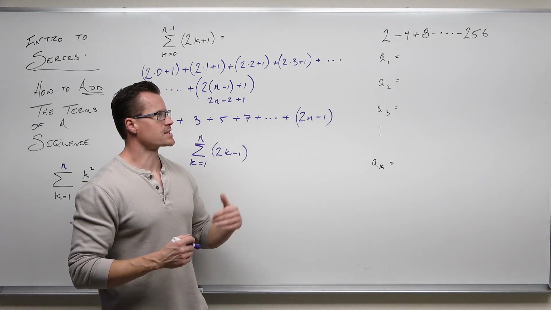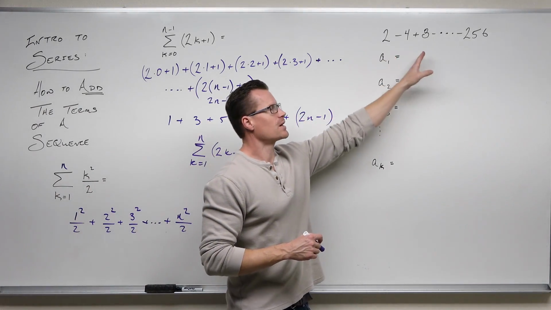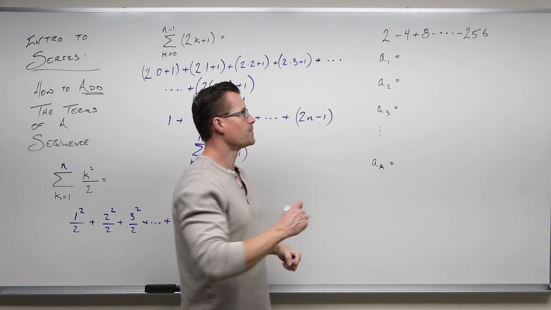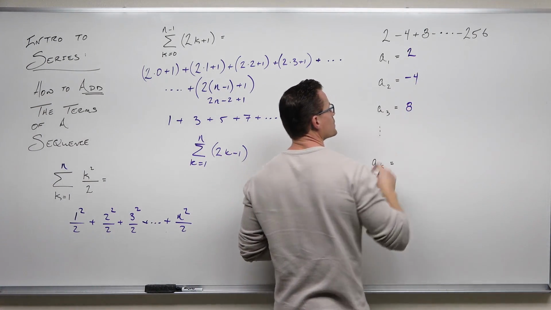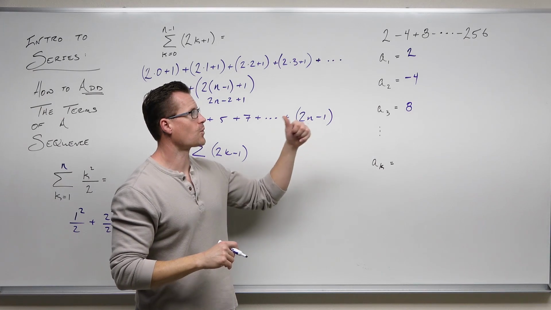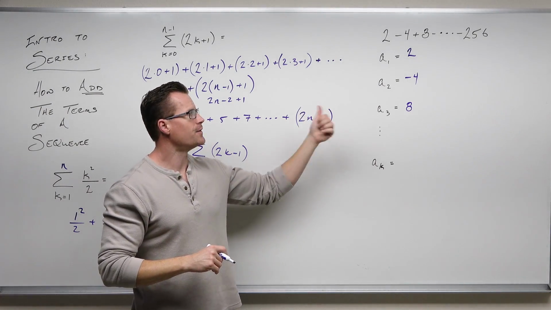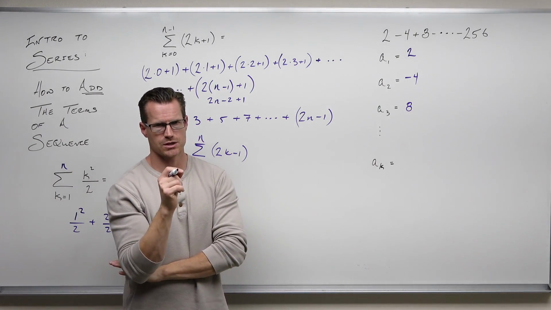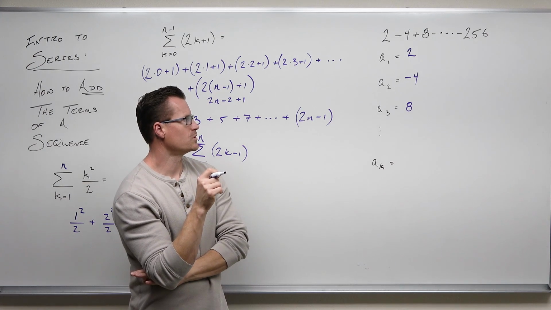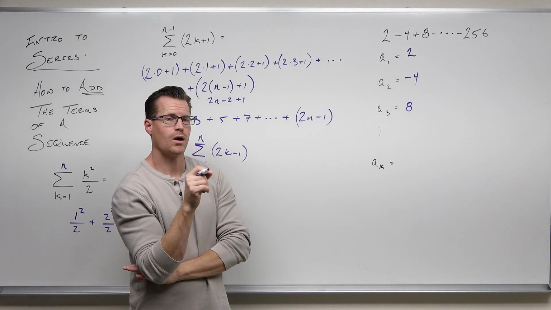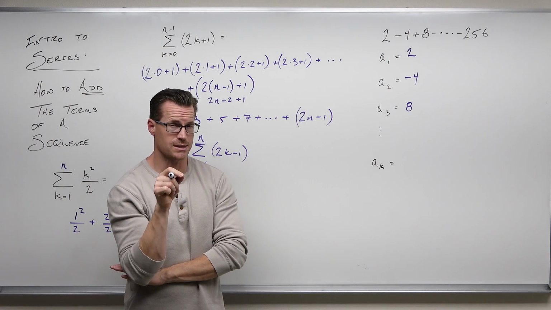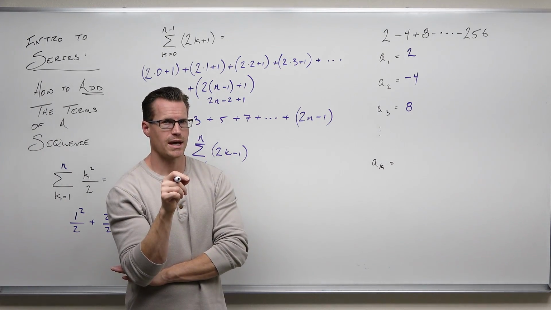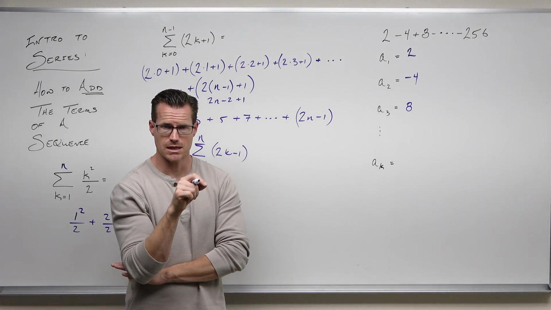So how we do this, the same exact idea: take whatever you're given and write the terms down. So we have 2, then -4, then 8, and those are being added. The next term, think about what the next term would be. 2, -4, oh wait, it's not 6, it's 8. These are not just even numbers because I'd skip one. 2, -4, 8, the next one would be -16.